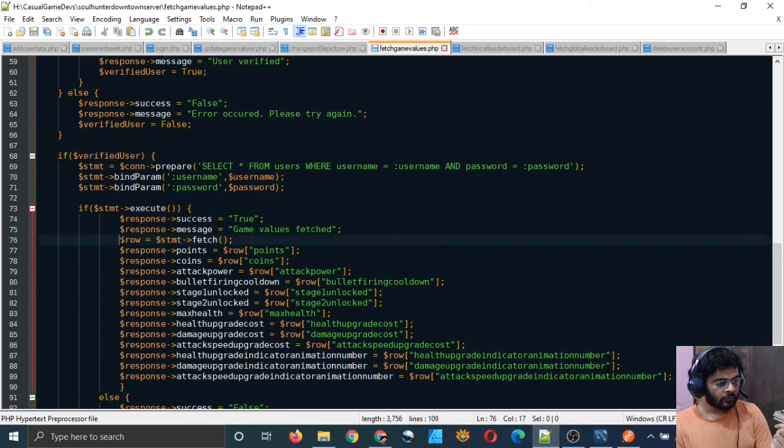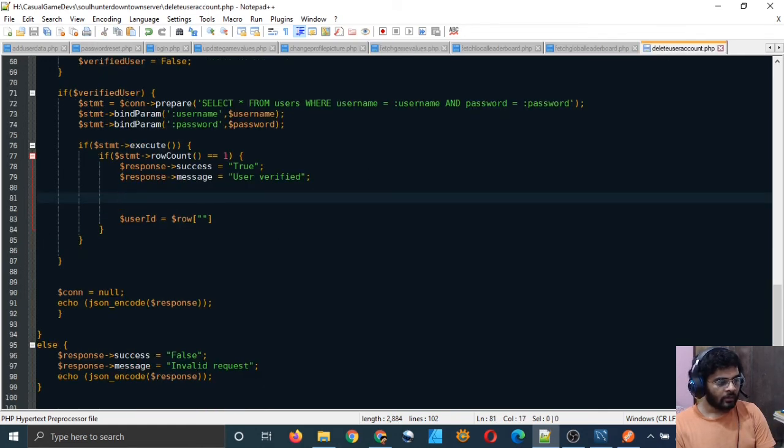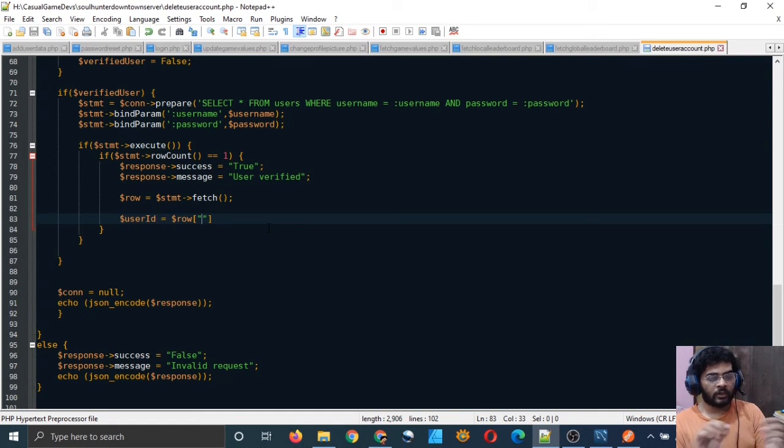Yeah, $row is equal to $stmt arrow fetch. So when you are only fetching one row from the database, you can simply use this command, $row is equal to $stmt arrow fetch. So now all the result which has been fetched from the database has been taken inside the $row associative array.